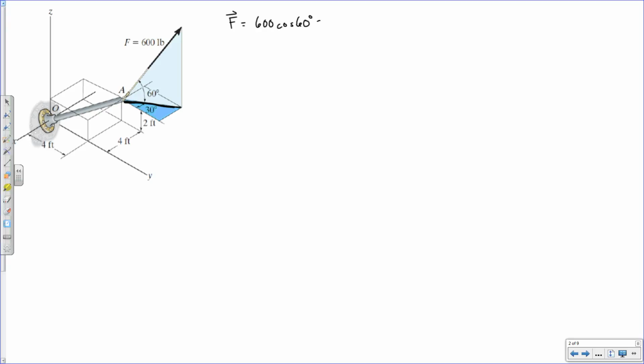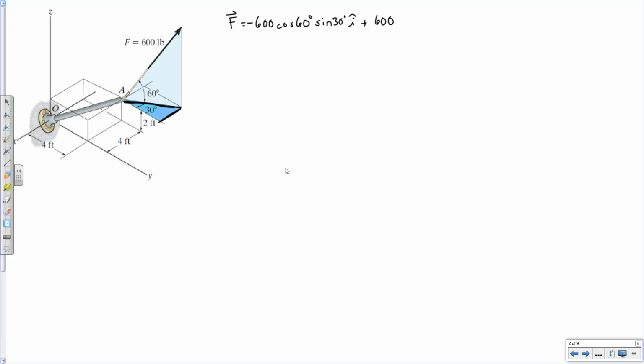So I'm going to take this and multiply it times sine of 30 degrees, which would be the length of this side of the triangle, which is parallel to the x-axis. Don't forget, I need to put a negative sign there because it's pointing in the negative I hat direction. So I put an I hat there and a negative out front. And then add to that